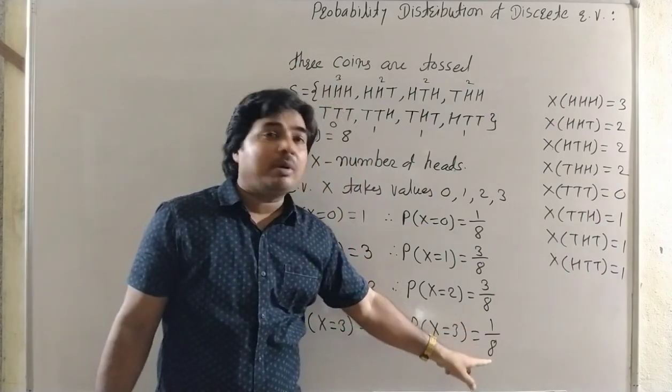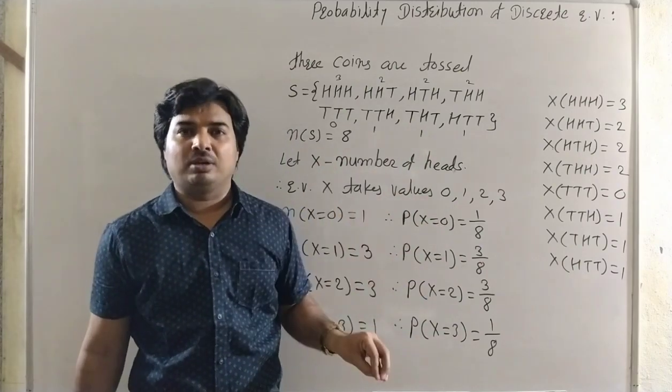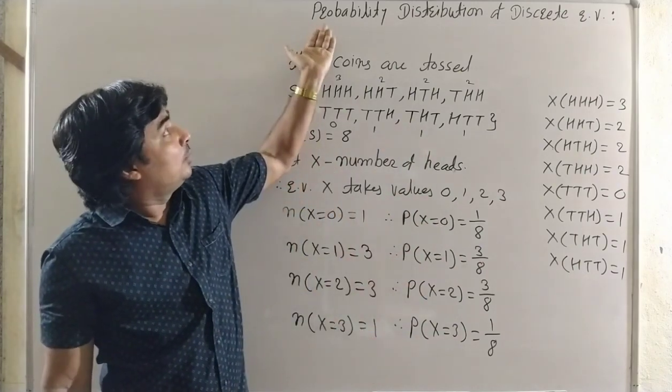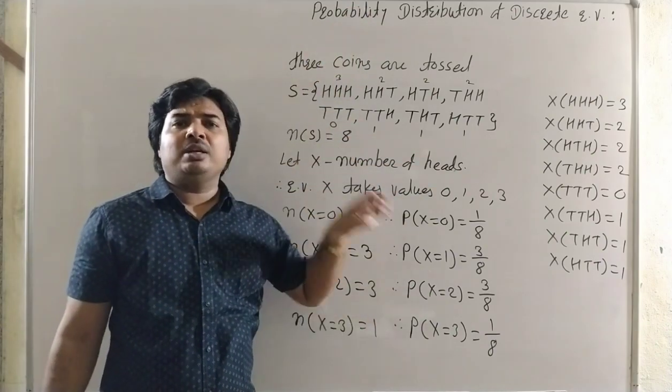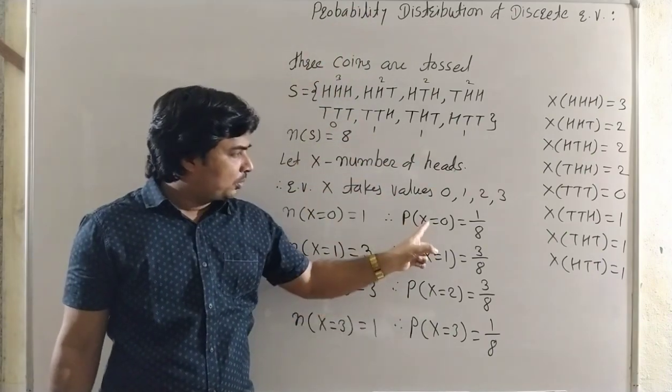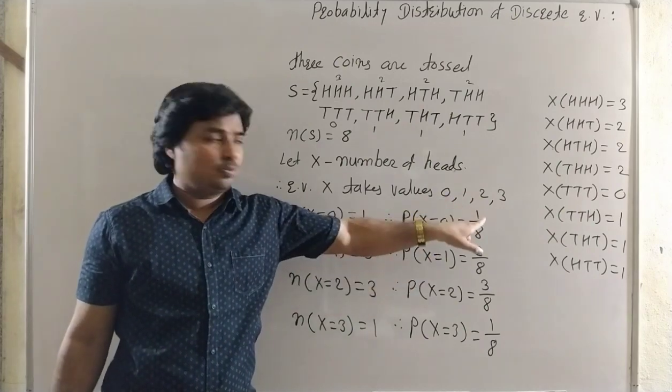Therefore the probability is 1 by 8. It is the probabilities of a random variable. Here is the probability distribution of a random variable. Now, this probability distribution and the random variable: the probability of random variable x equal to 0,